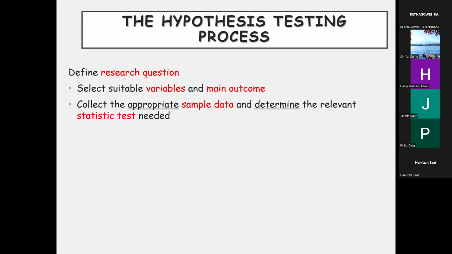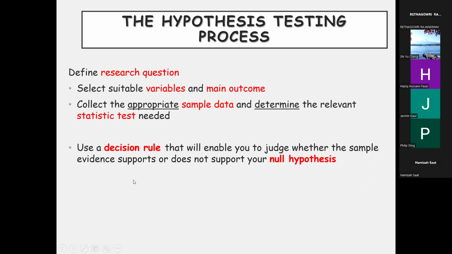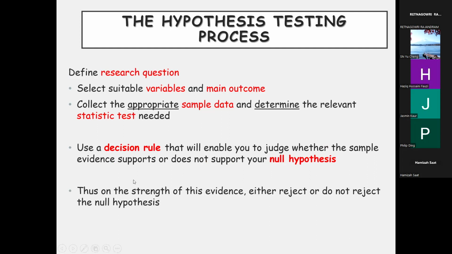Now, it all starts with your research question. And then as I've already mentioned, you need to be clear what your main outcome is. That means your primary objective and what your main variable is going to be. And if it's not one main variable, as per the discussion I was having just now, where there's more than one variable, that's fine as well, but then there is a calculation for it, which I was showing. I'll come back to it again now. And then you need to know what your sample data is and the statistical test you're going to use at the end. All of that is needed in order for you to calculate the sample size correctly, okay?